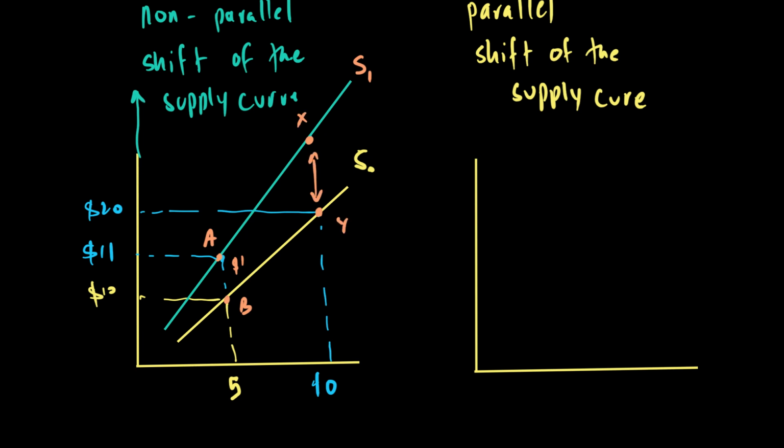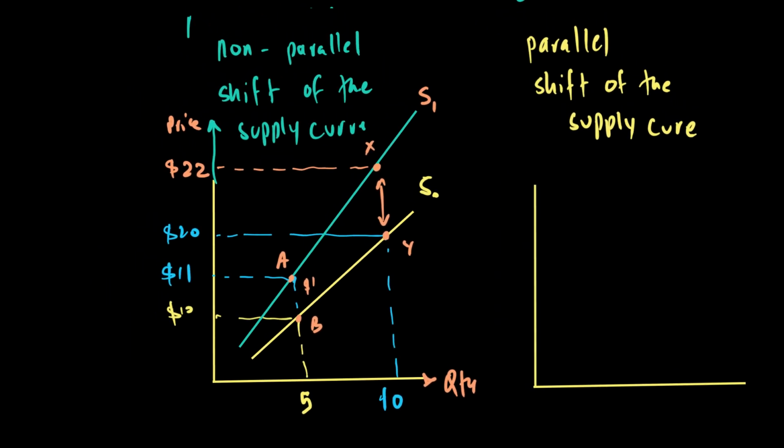For example, it will be $2, and therefore the price after tax will be $22. So whenever you have an ad valorem tax, the higher the price, the higher the tax amount, because it's a percentage tax. 10% of 10 is $1, but 10% of 20 is $2,